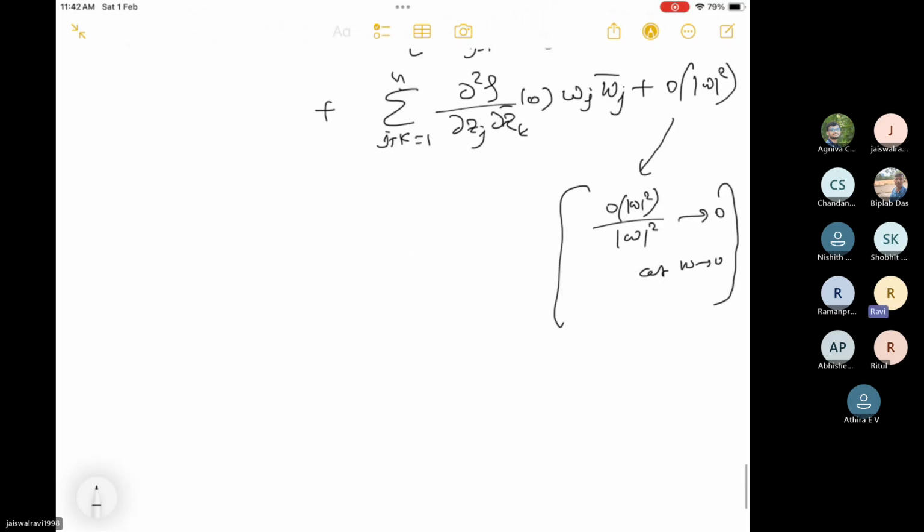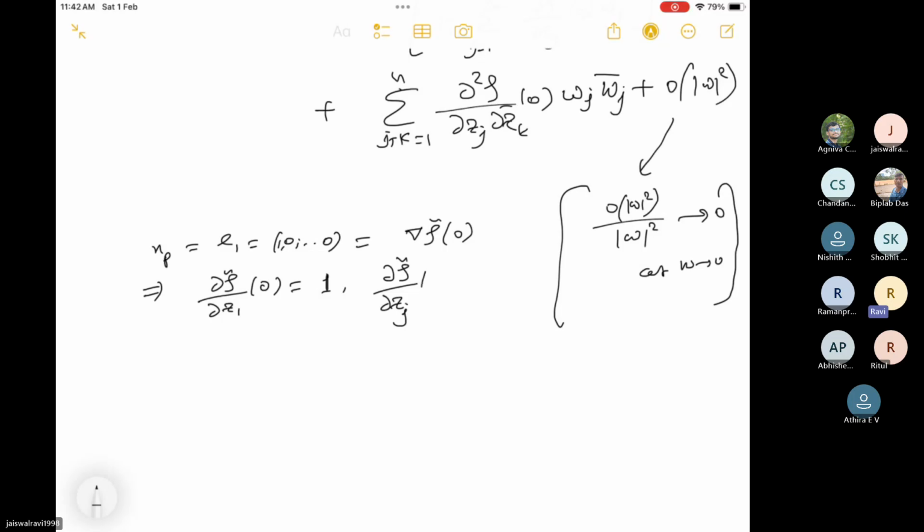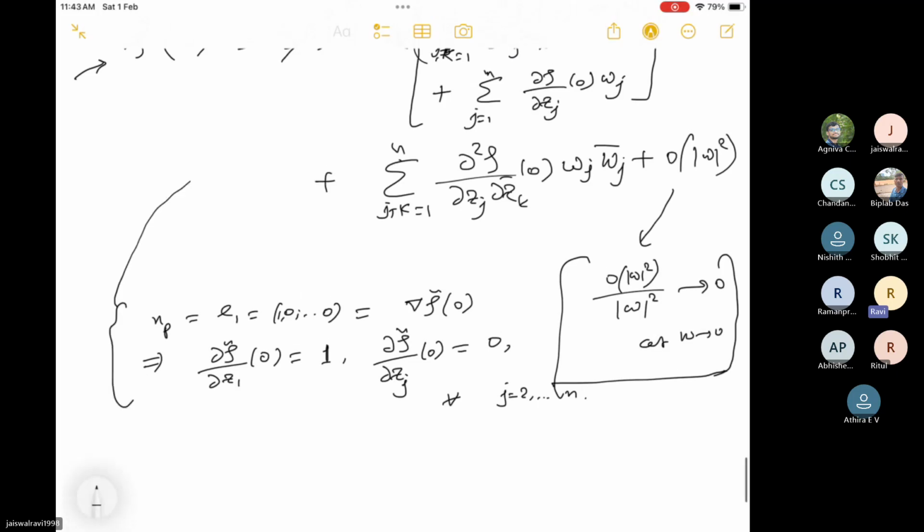And also because we know that the normal at p is (1, 0, 0, ..., 0), and this is basically the gradient of rho tilde at 0, from this you will get del rho tilde by del z1 at 0 is 1 and del rho tilde by del zj at 0 is 0 for all j from 2 to n. Now if you put this in the Taylor series, you will get